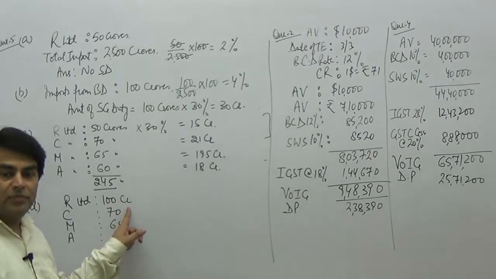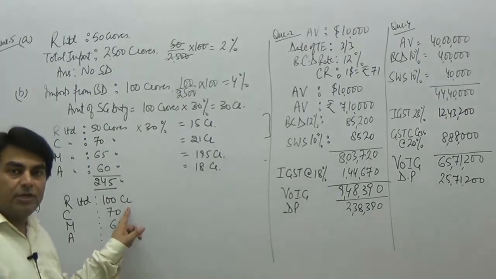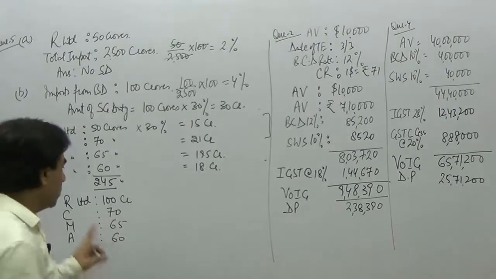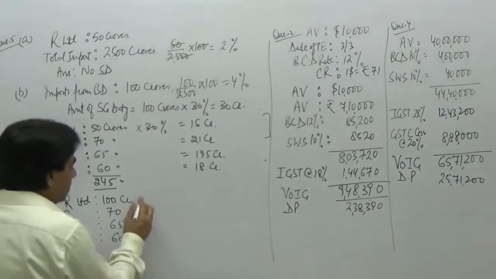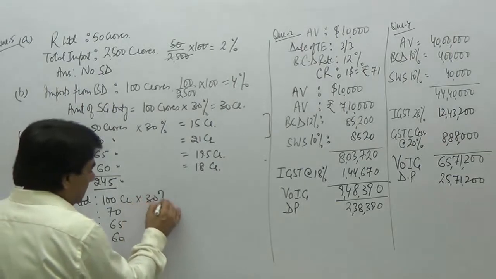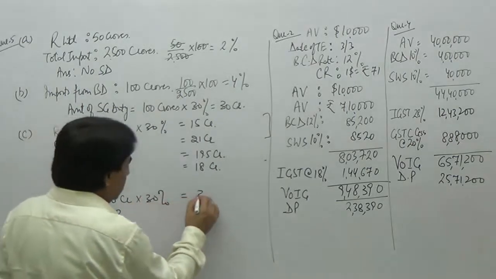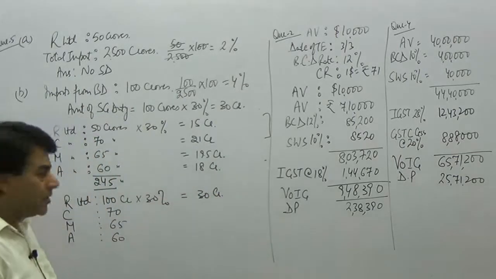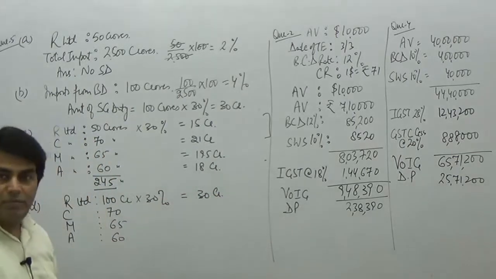So that means, yes, in case of R Limited, safeguard duty should be imposed straight away. So now we would impose safeguard duty on R Limited. This would be 30%. So that means R Limited would have to pay 30 crores of duty here. Now what about the rest of the developing countries' import?